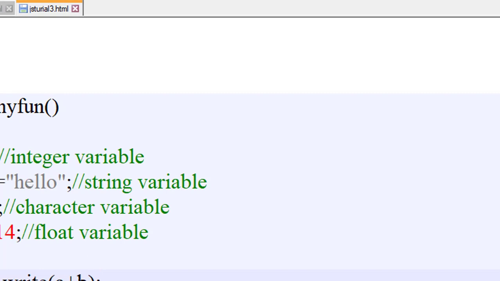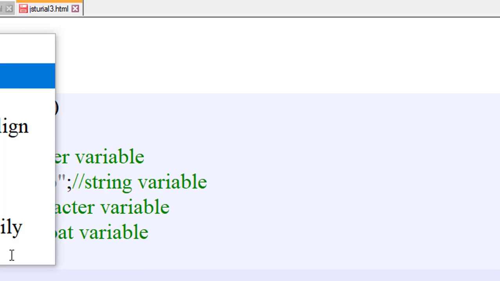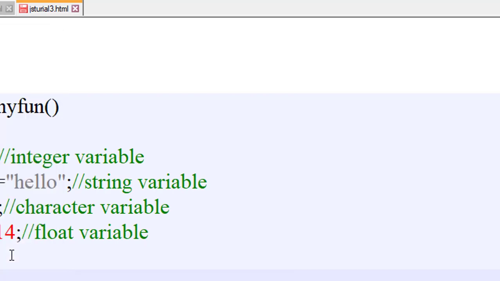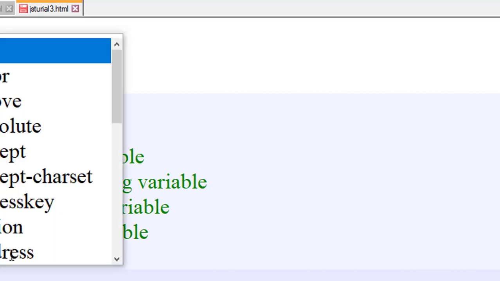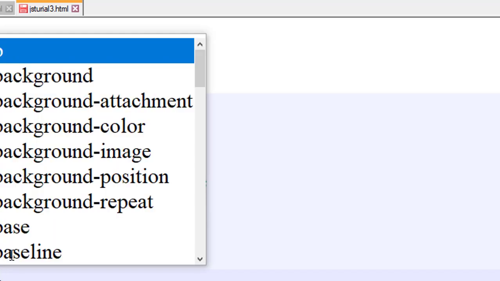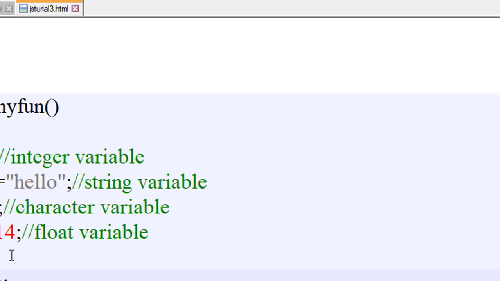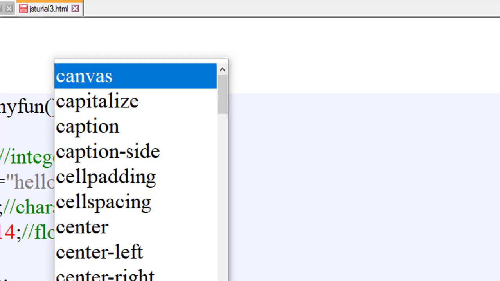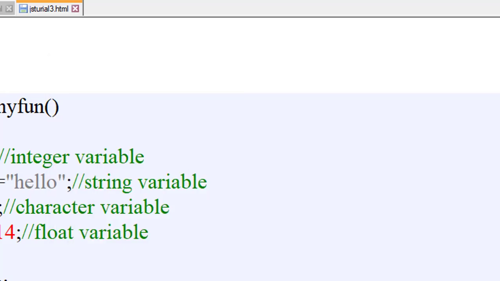Okay, now I want the c variable, where c equals a plus b semicolon. Just save this file and I want to display the c value. Okay, just save this file and run it.